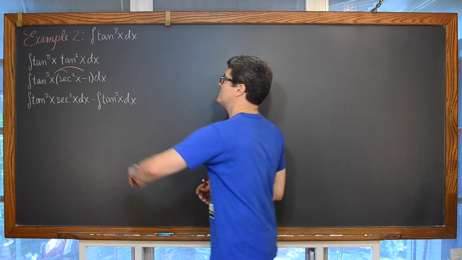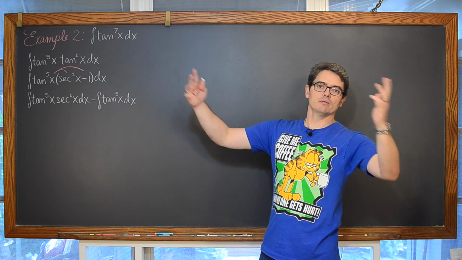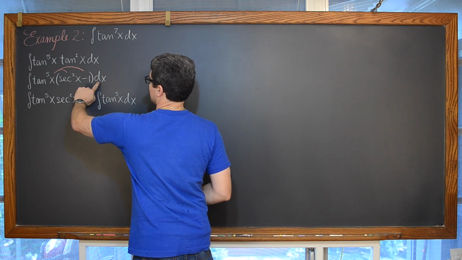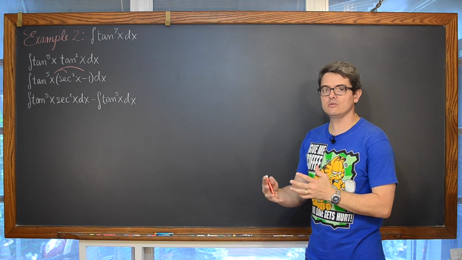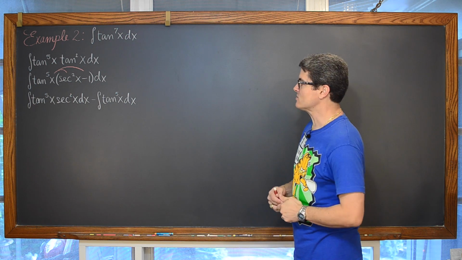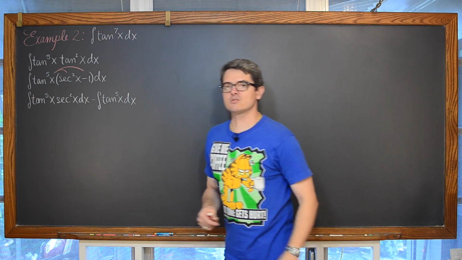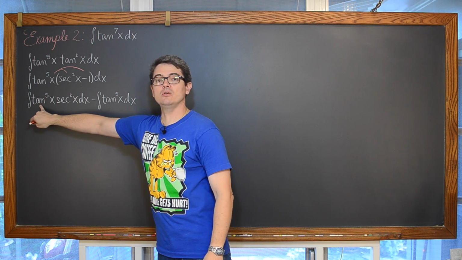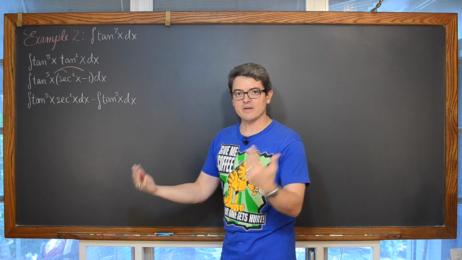But the whole point of taking a tangent squared factor out of that whatever power of tangent that you have in your problem is so that you can use the Pythagorean identity, of course, and get a secant squared factor into your integrand so that you can have a derivative of your inside function, have a derivative of that tangent, which is secant squared. So far, we're here and we have the indefinite integral of tangent of x to the 5th power times secant squared of x dx. Well, this is our u, tangent of x, and our du is the secant squared of x dx.